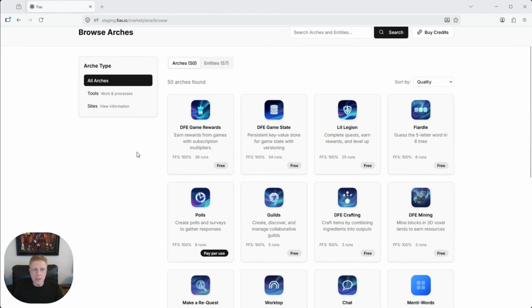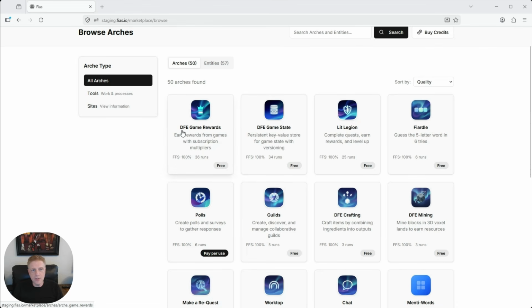Now keep in mind, these are just the arches that we've made, and these are our internal arches. But if you start getting 50, then 100, and 1,000 people building arches, you can imagine where this turns into a really robust arch store that just covers all the different types of things one would want to do with any kind of AI application or any kind of AI created application, which is everything you would want to do with web apps.